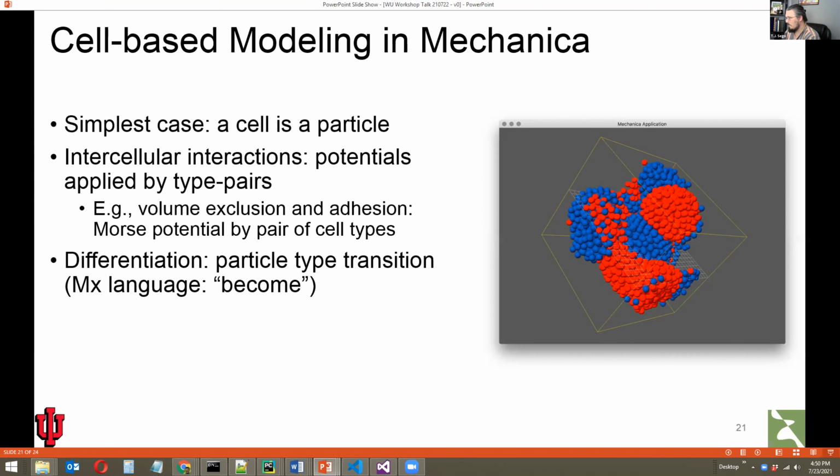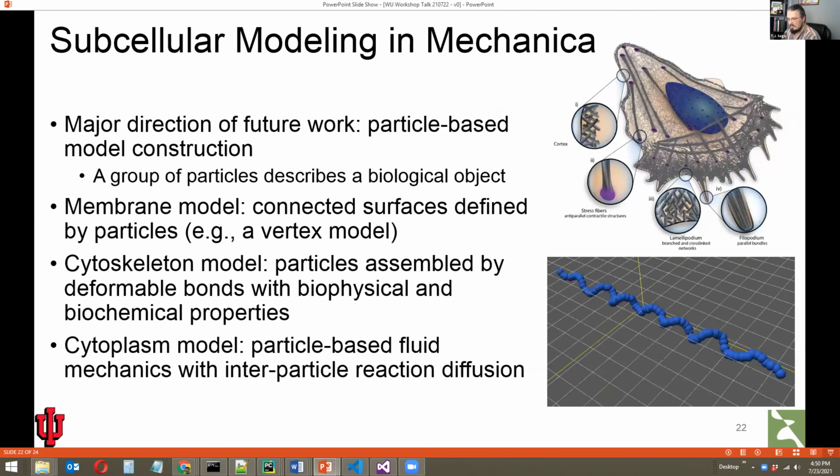Now, what I think is really promising about this approach, and the way that Mechanica has been built so far and the direction that it's going now, is the ability to construct more complex objects from much simpler objects, like something very elementary like a particle and a set of well-defined and simple interactions between them that then constitute some more complicated structure.